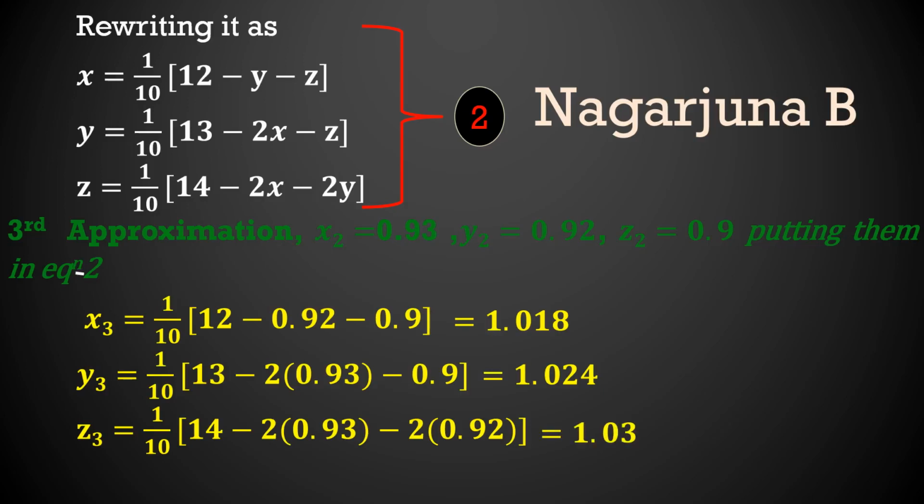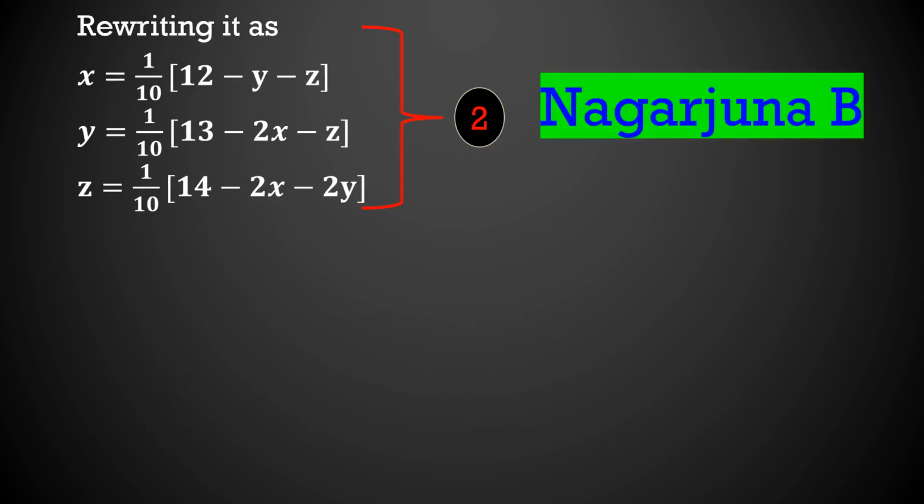1.03. So x3 is equal to 1.018, y3 is equal to 1.024 and z3 is equal to 1.03. Substitute these values as x, y and z during the fourth approximation. Now the fourth approximation, x3 is equal to 1.018, y3 is equal to 1.024, z3 is equal to 1.03. Substituting these values for x, y, z on the right hand side of a system of equation 2, we get